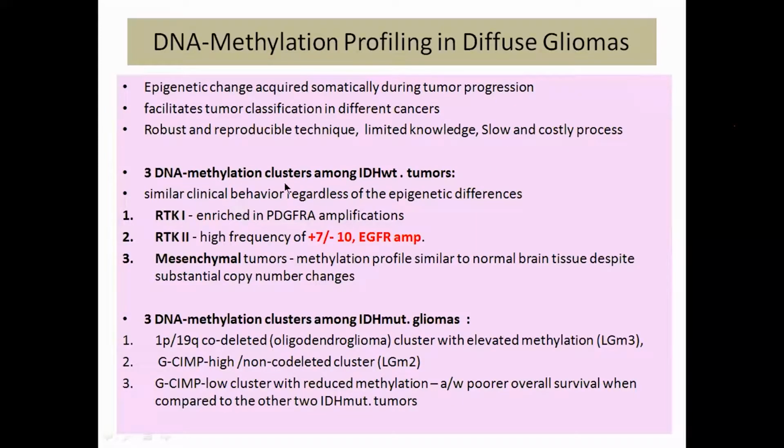So based on this DNA methylation, IDH wild type tumors and IDH mutant gliomas are divided into three groups. All these three groups have similar clinical behavior regardless of the epigenetic differences. One group is RTK1, which is enriched in PDGFRA amplification. The RTK2 group shows a high frequency of gain of chromosome 7 and loss of 10, including EGFR amplification. Then the mesenchymal tumors show a methylation profile almost similar to normal brain tissue despite substantial copy number